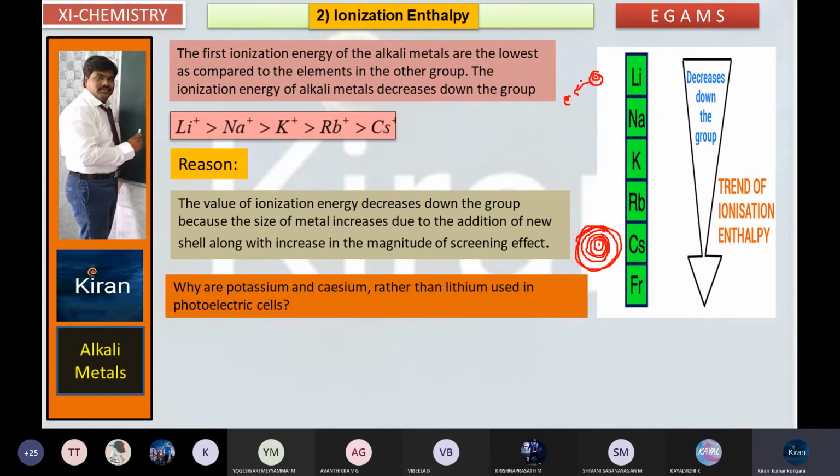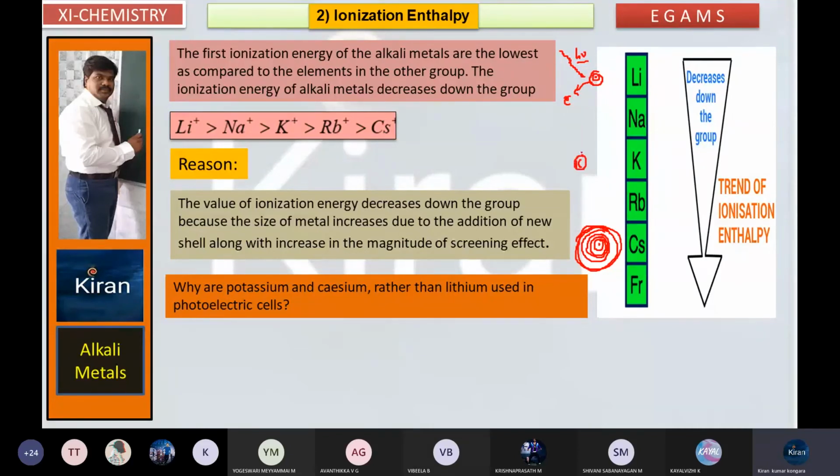So the emission of electron is easy in the case of lithium because it has a smaller atom when you are supplying energy. When you are supplying energy, lithium can release an electron easily compared with cesium. Is it right? Reply anyone. Which will release an electron easily, cesium or lithium? Here I am taking potassium.